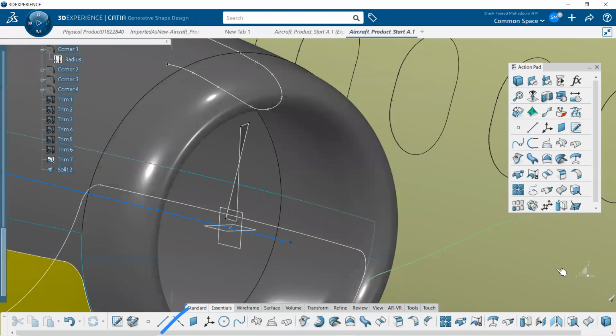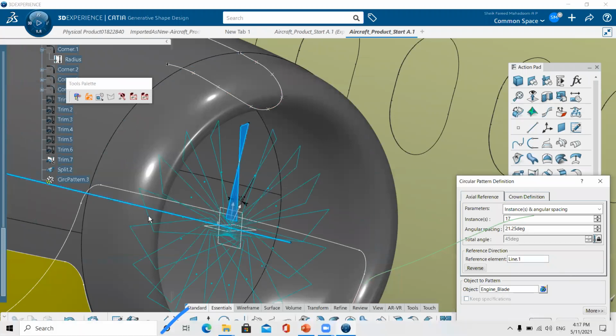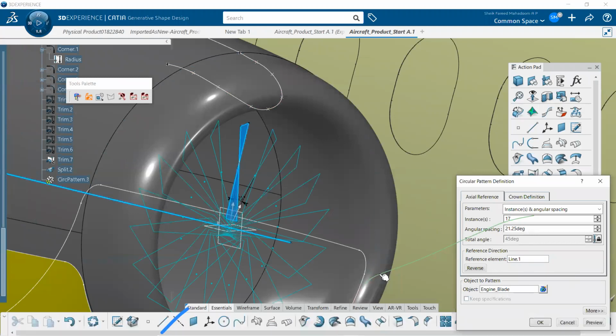You can see I just taken this propeller from the hidden show of a component. Then I will use a circular pattern. Okay, I selected the circular pattern. The object to be patterned is the blades. I just clicked on the blades, and then for the reference, I selected the rotation axis. The rotation is happening with respect to that one, and I didn't change much, everything default. Just click okay. Now you have the propeller as well.